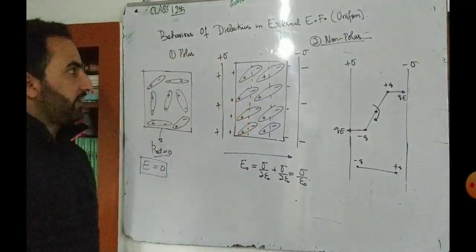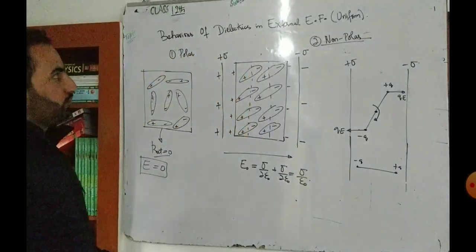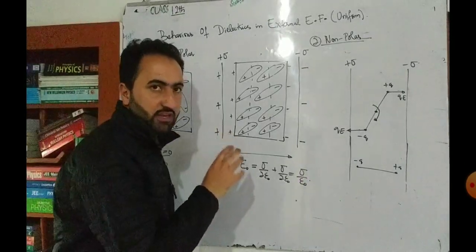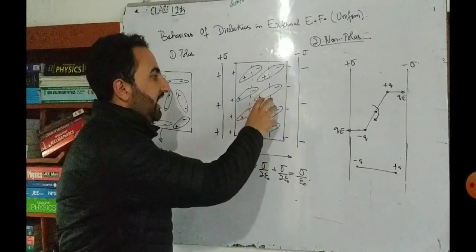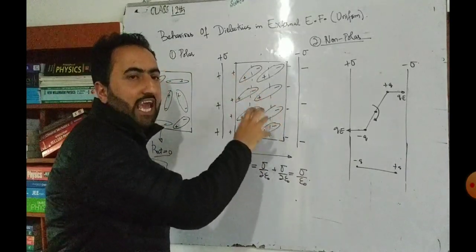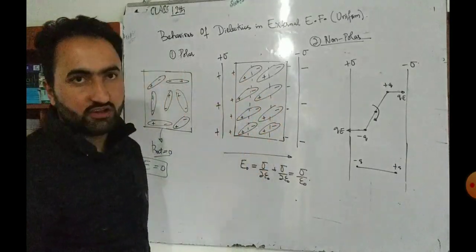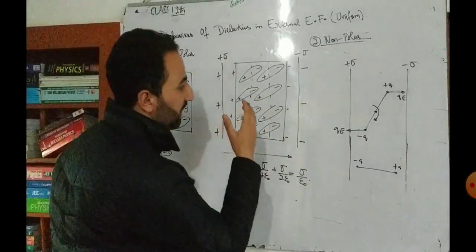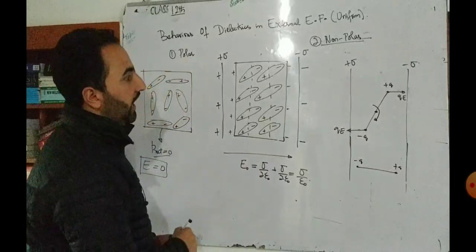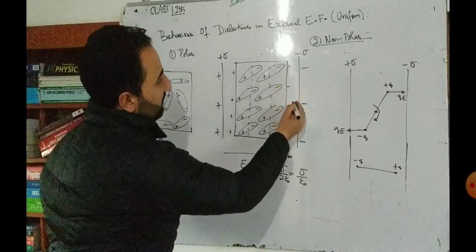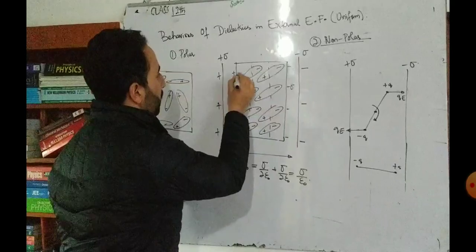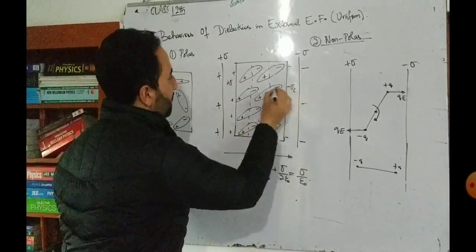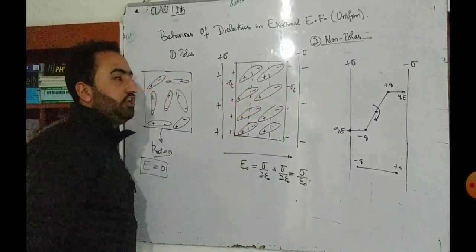Okay? So that means whenever a polar dielectric is placed in a region of uniform electric field, each dipole will experience a torque and thereby they will be oriented or aligned in the direction of the external electric field. In doing so, the opposite faces of the dielectric will develop opposite charges. Like this face will develop a minus sigma charge and this face will develop a plus sigma charge. I will write here minus sigma i, plus sigma i, which implies induced charge.